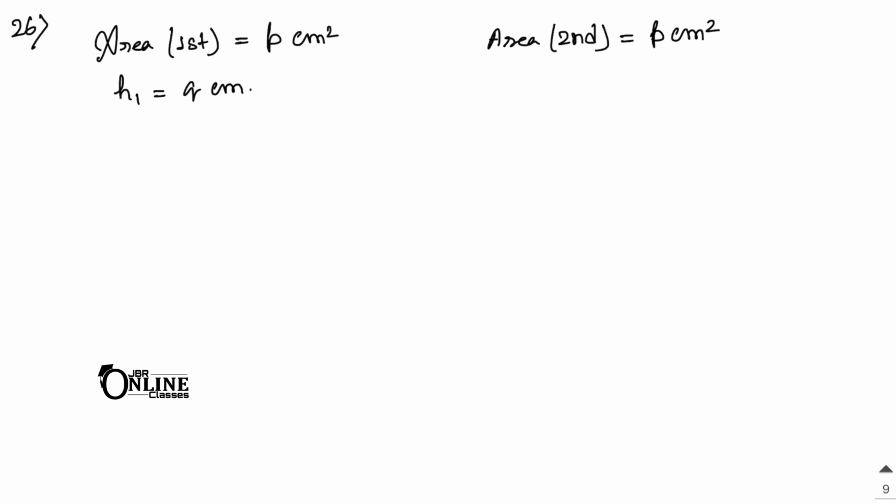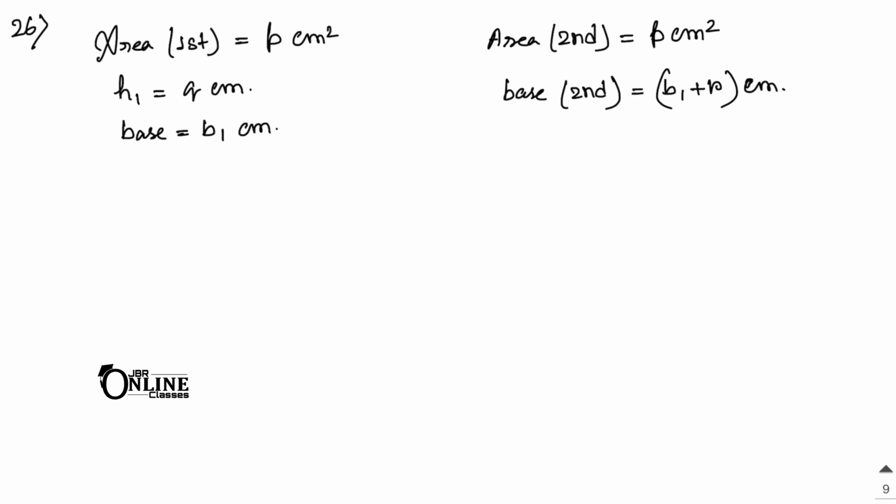And its base is r centimeter more than the first one. So suppose the base of the first one is b1 centimeter. Then the base of the second one will be b1 plus r